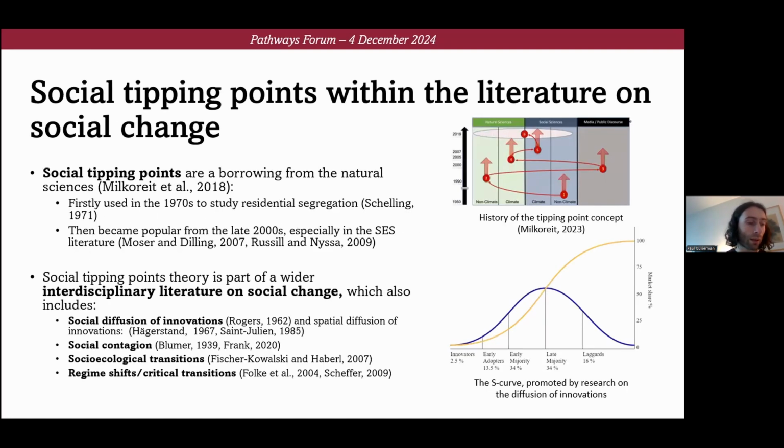So what I will look at now, and one of my first attempts to join transformative research, was to think about how I could tap into the first body of literature around, that is mostly transdisciplinary. And that's why I gave specific emphasis to the notion of social tipping points,